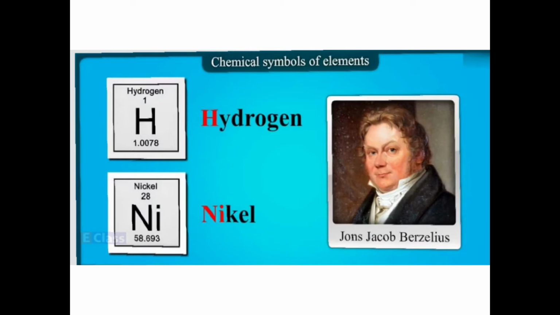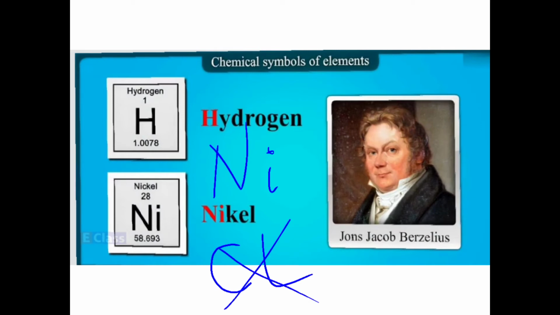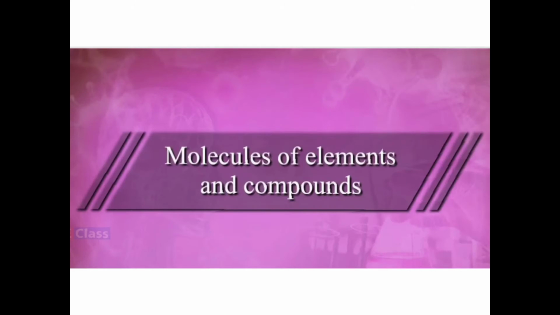So for hydrogen, we have capital H. Nickel and nitrogen both start with N. So we decided nitrogen is just N, and for nickel it is N and the second letter which is small. What you have to follow is you always write the first letter capital and a compulsory second letter small. Some students write chlorine this way, with a capital second letter. This is the wrong way. The second letter cannot be capital, it has to be small only. Just one letter or maximum two letters. That is how we have decided.